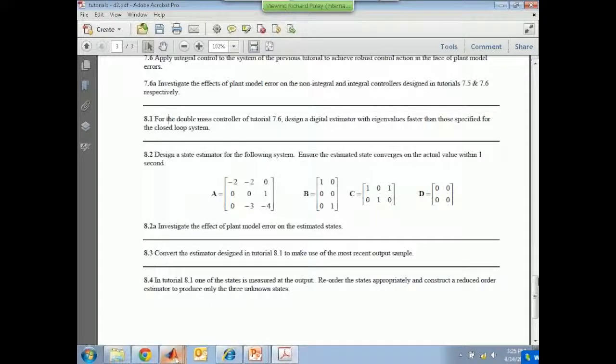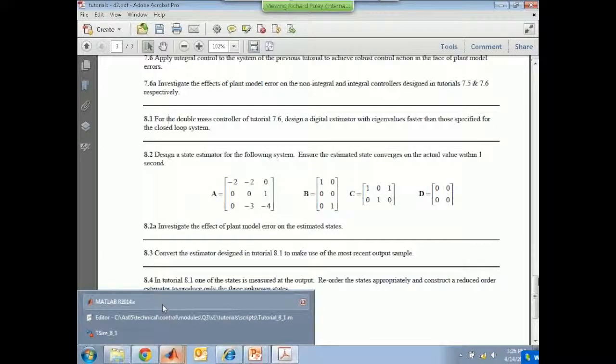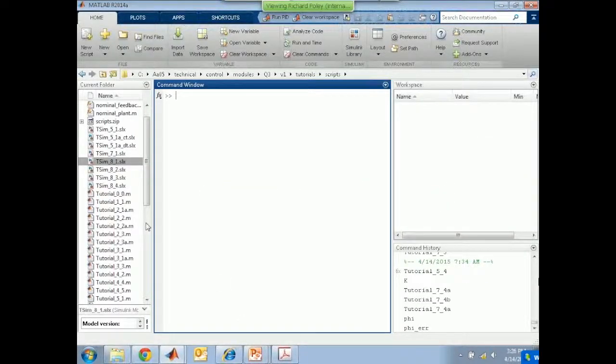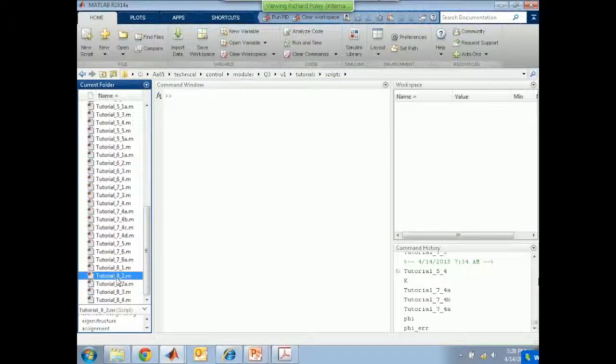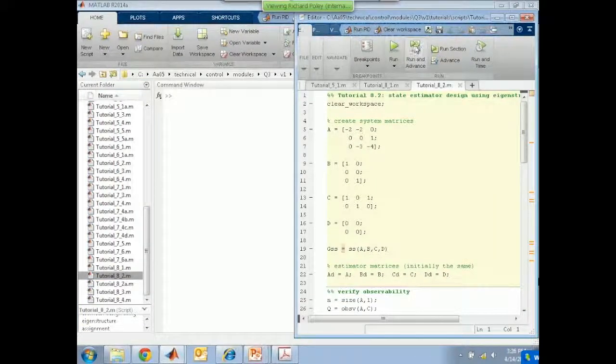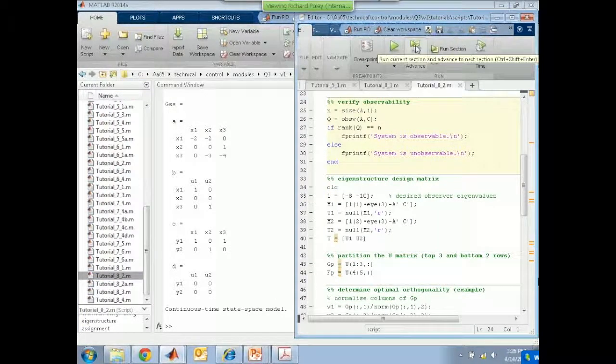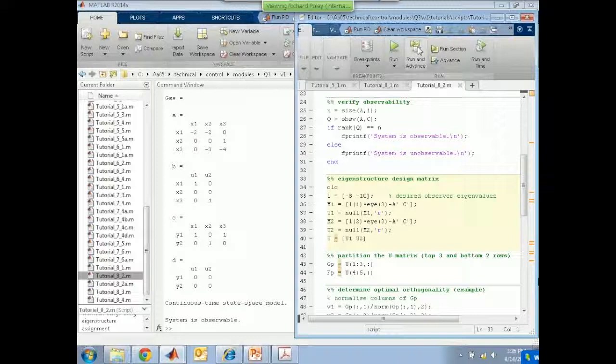And so I'm going to quickly do this as a tutorial. Again, we'll construct the system matrices in MATLAB and check observability, and you won't be surprised to find that we have observability, otherwise I wouldn't have written it.